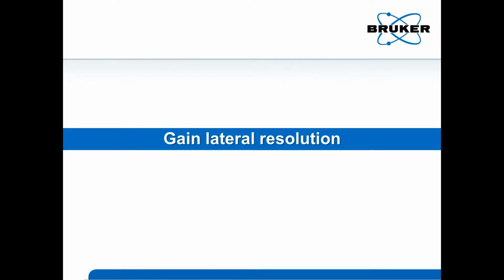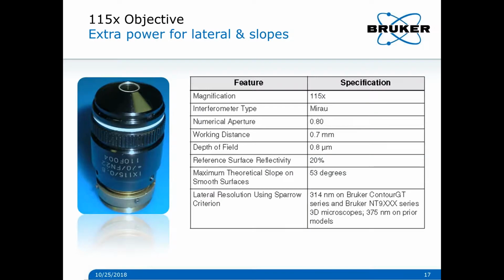So now, after this new mode, and we'll see later on that there are also more new modes coming, I will explain the gain in lateral resolution. There is a debate in the community about how far optical profilers can go, and here you will see elements showing that we are coming very close to atomic force microscopy. The reason is that we have designed, through